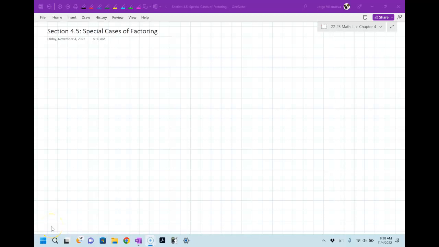So today we're going to be factoring special cases. The special cases we're going to be looking at are differences of two squares and groupings. Let me write that down for us really quick. So the two special cases